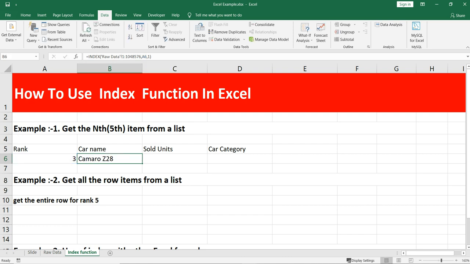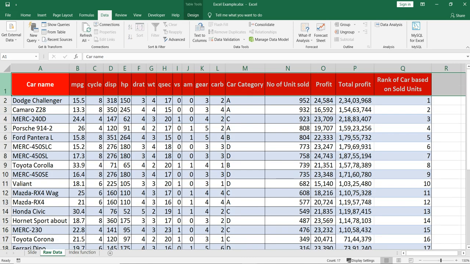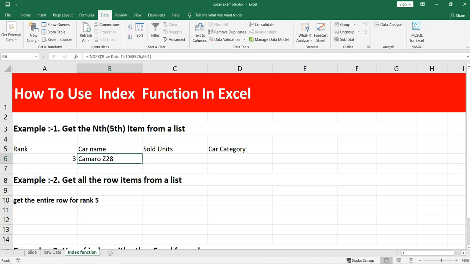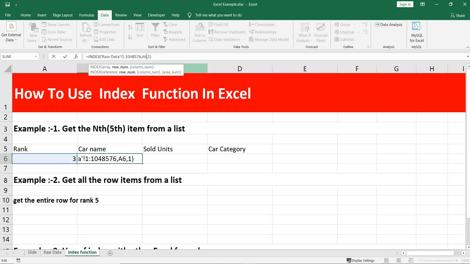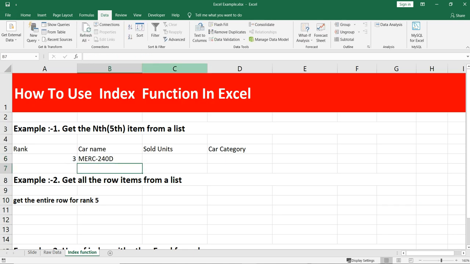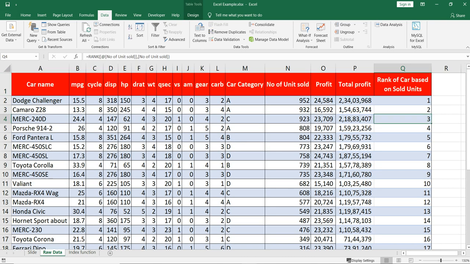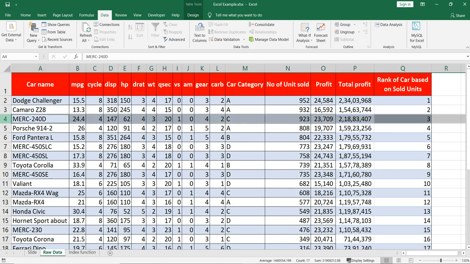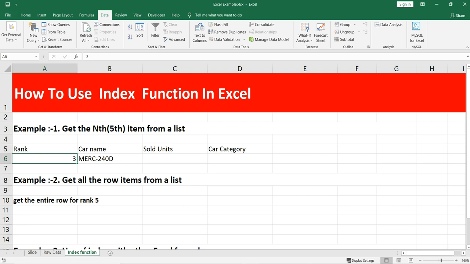In row 1 of the raw data, you have the headers. So you need to put A6 plus 1 in order to get the correct car name. If you see, rank 3 is at row number 4, because the column header is in row number 1. So we got the car name here.